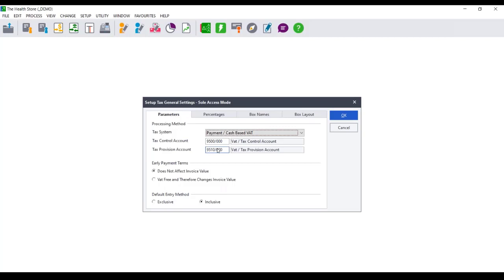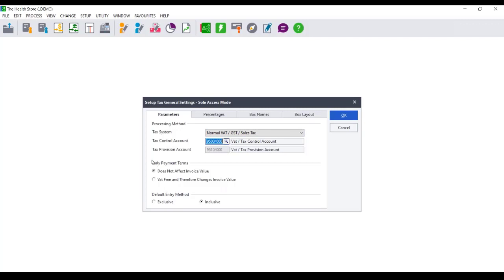And when you receive payments, that's when it will move it to the VAT control account. So it will sit here as you process your invoices on your supplier and your customer side. And only when you have made payments or received payment will it move it to your tax control account. So that option is not available on normal VAT. It puts everything in the